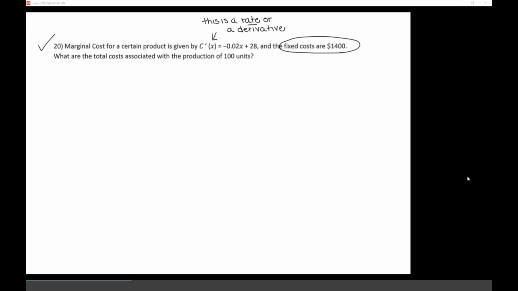In other words, do fixed costs depend on how many of the product you make? No. So another way of looking at it is these are your costs, and they're calling that C of x. Not marginal cost, cost when